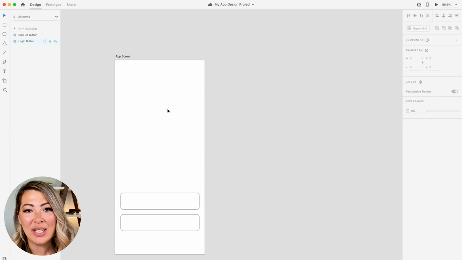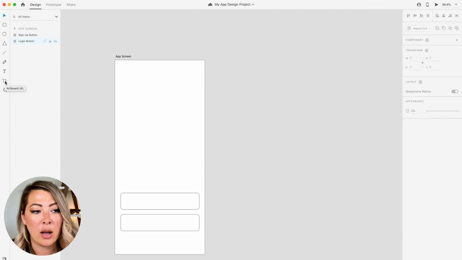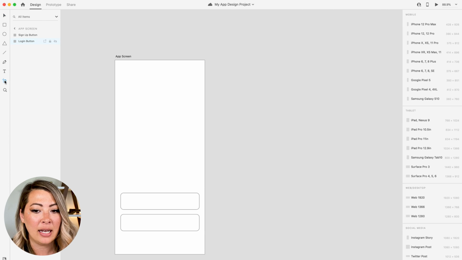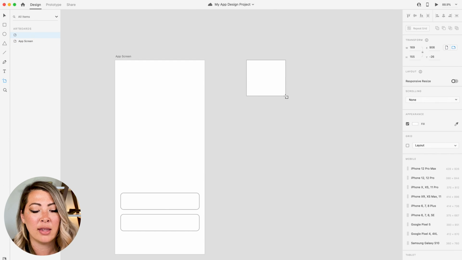So first, we're going to begin with the leaf logo for the Ethical Eater app. The first thing we need to do is create an artboard. If you recall, on the left-hand side in your toolbar, the second to bottom option is artboard. I can select that, and I can select an artboard size, one of the default options. But in this case, I want to create a new artboard size, 200 by 200. So I can actually just click, hold, and drag to make that artboard.